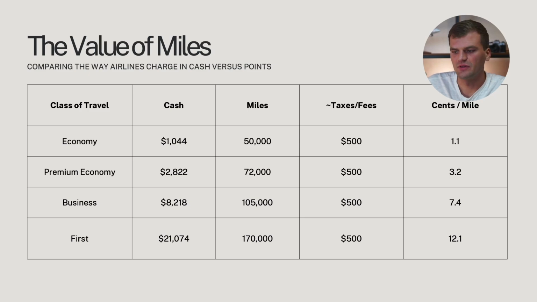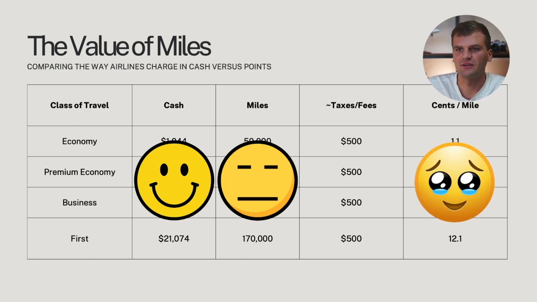Now, the problem, of course, is that to book a cash fare is very easy, and you can do it in about 10 minutes. To book a fare with miles, for most routes, is more tedious and takes a lot more time, and you have to set alerts and wait for the seat to come available that you want. And if you have a connecting flight, you need to make sure there are seats on both flights. So it's a lot more painful, but you do save a ton of money